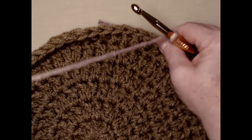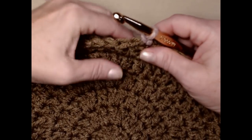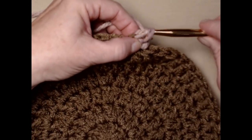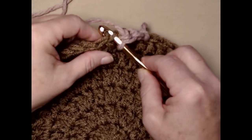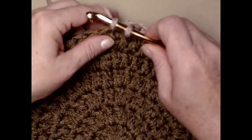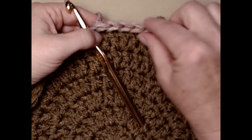All right, now this next row, we're going to be placing 1 single crochet in each single crochet around, only working in the front loop. This is going to be the edge or the rim of our coffee cup. So I'm going to go just in that front loop and stitch a single crochet in that next stitch, and I'll do this all the way around this row. Now, we're not going to be increasing any more stitches, and I ended with 60 double crochets, so I'll have 60 single crochets on this row. And you'll see that this sort of stands up,